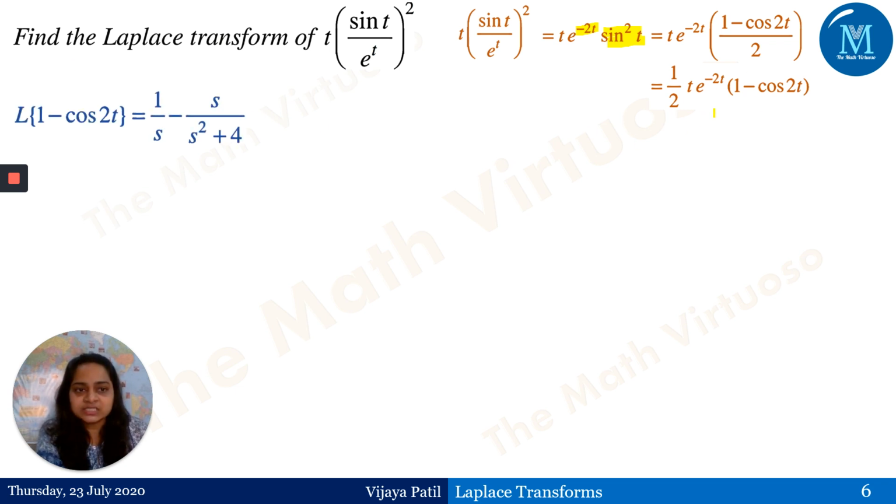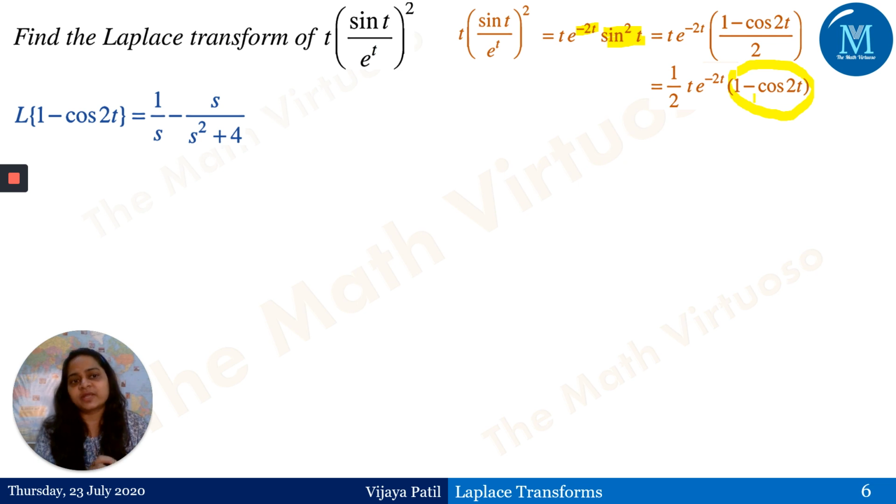Now we have to start making it part by part, because until now I had purposely put this question here. Here we have to use the first shifting theorem, and also the effect of multiplication by t. So how can we do that? First of all, I have to concentrate on this.